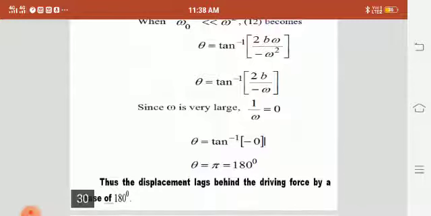In this class, we have seen what is forced oscillation, forced harmonic oscillation, the differential equation of forced harmonic oscillation, and the solution of forced oscillations. Then we have seen the special cases, that is, ω² greater than ω₀², ω² equal to ω₀², and ω² lesser than ω₀². So we have clearly seen the forced harmonic oscillation with the solution.